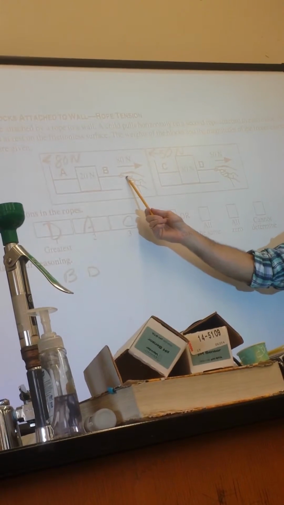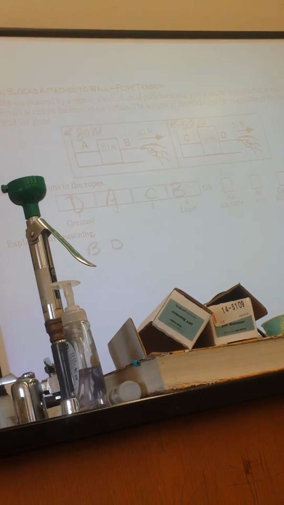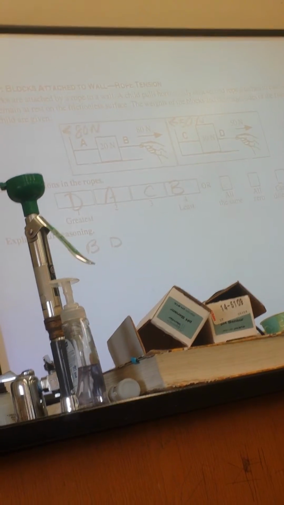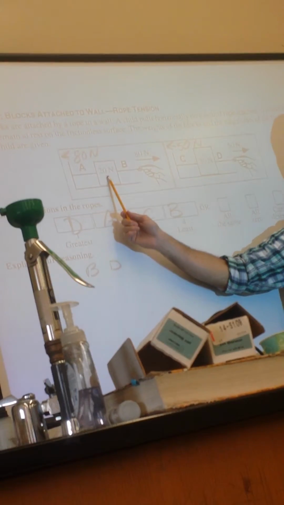Didn't you say the tension throughout the string is always the same? Yes. So everywhere along string B, it's the same, right? But then there's a different string attached between that and the wall. Would there be a force pulling back even though there's no friction? What force would be pulling back? Like, the tension force, right? Yeah, the tension in this string would be pulling back on this.